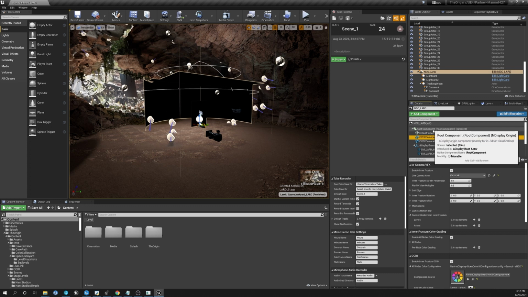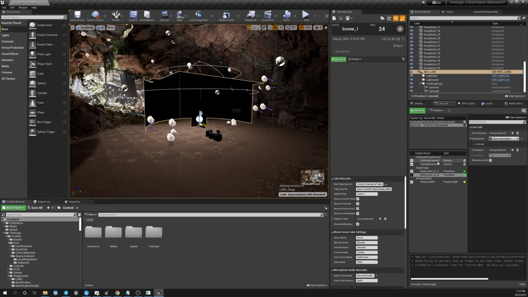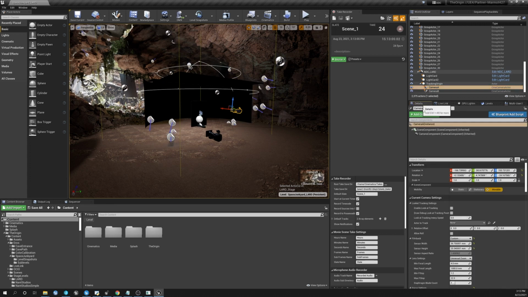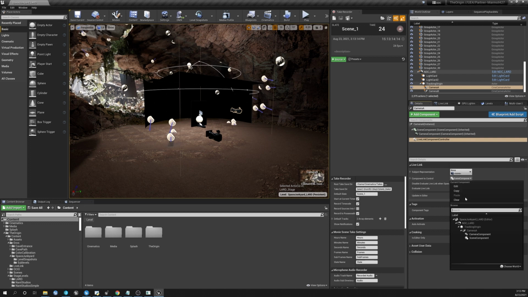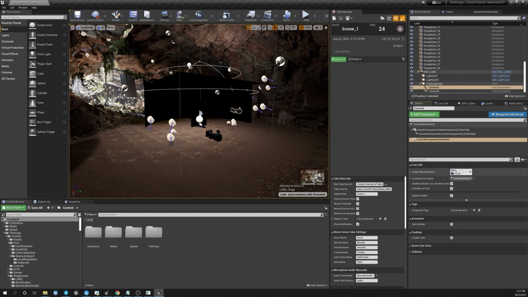In order to configure tracking on the wall, we're going to be leveraging LiveLink. So what we've done is gone ahead and added our LiveLink sources. In this case, we're using an OptiTrack source for our capture system on stage, and we have 2 subjects representing our cameras. So to configure that camera correctly, we'll go to our camera A, to the Details panel, and we'll add a LiveLink component controller. We will assign the correct component to control as being our camera component on camera A, and Alexa Mini LF A as the source for that camera.